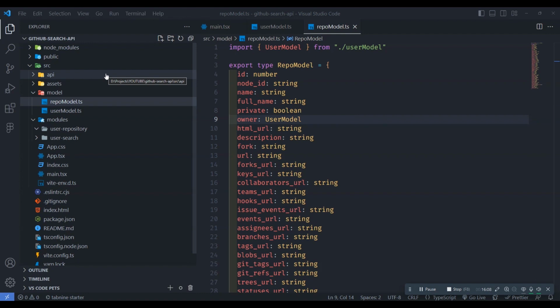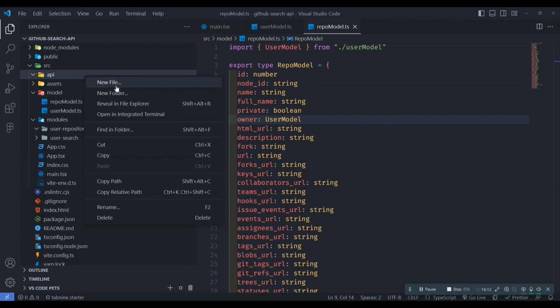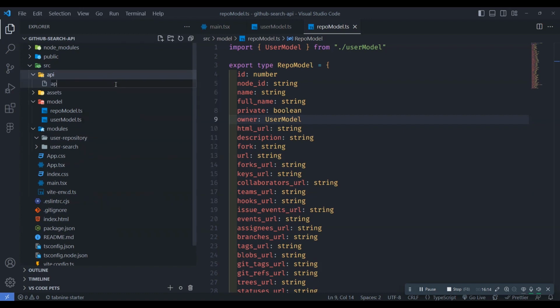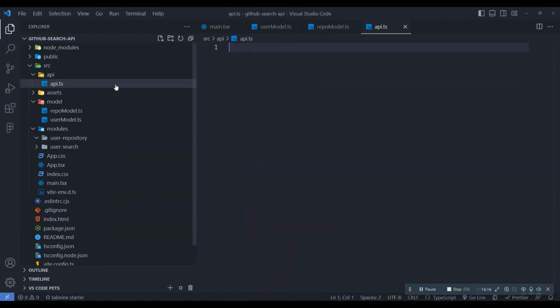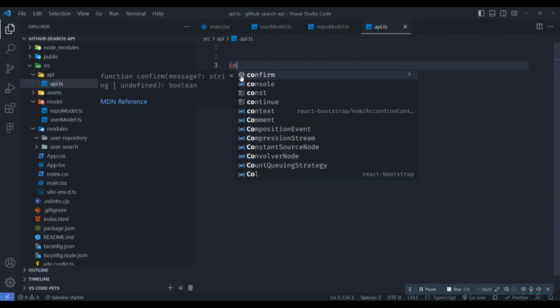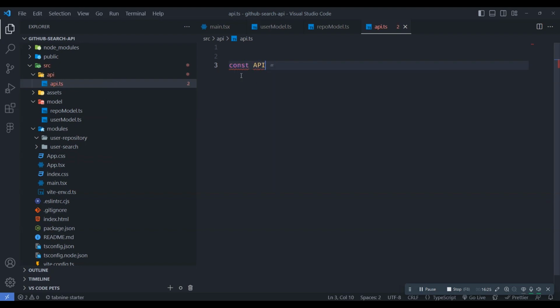And now we go to the API folder and make a new file called api.ts. And inside the api.ts, we will make const API_URL equal to https://api.github.com